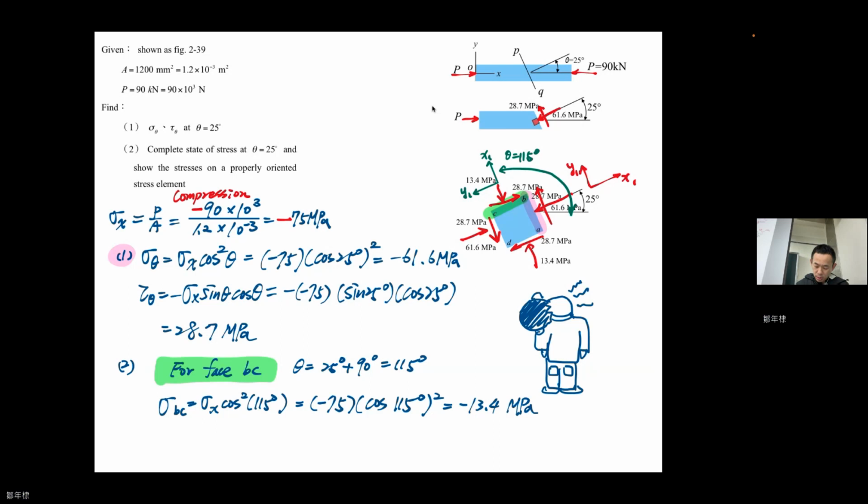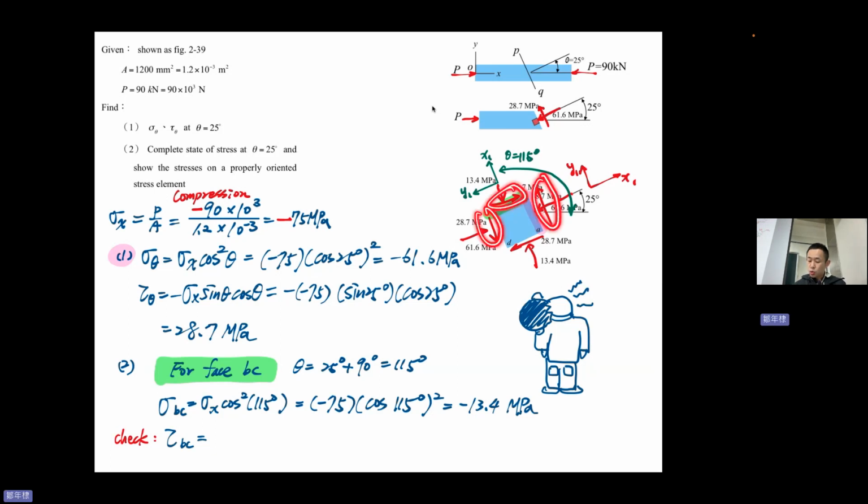Tau BC. Do we need to calculate that? Actually, we don't need to. Okay, but well, we can check. The reason why we don't need to determine tau BC is because we have learned that